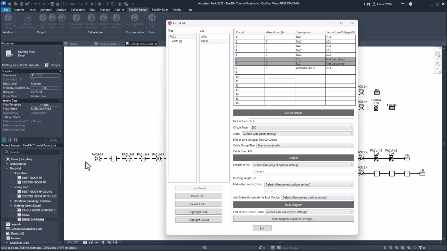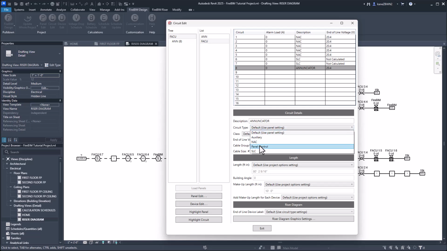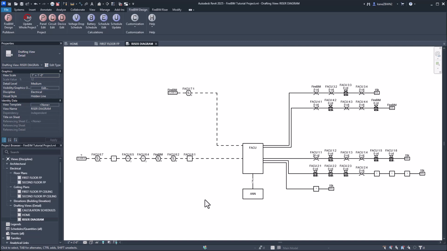And as you can see in the back, that has already caused some changes for the one SLC circuit here. Just to show what other changes can happen, we'll also set the class to A, which will insert a Class A graphic on the end of the line there, in case you want something like that to signify which ones are Class A on the riser diagram. We'll also go to the enunciator circuit, change the circuit type to panel control, and then when we exit, you can see that has also been updated to use the other family that we ship with that has inlaid text